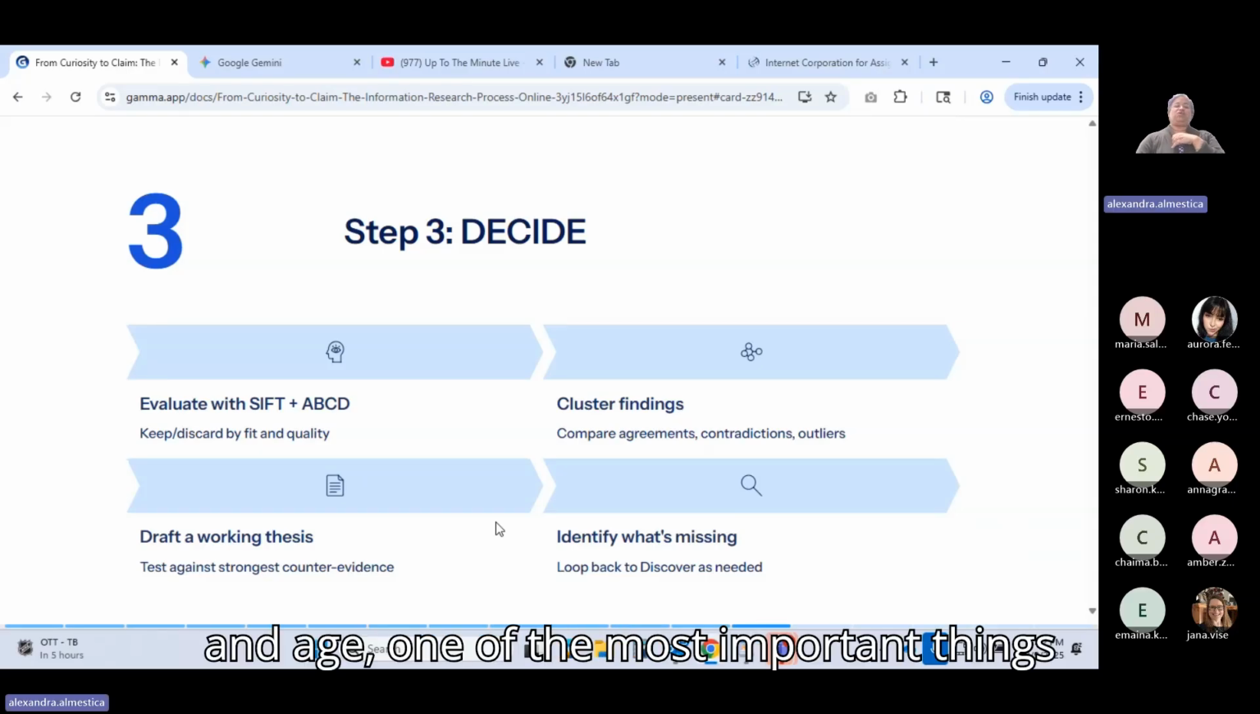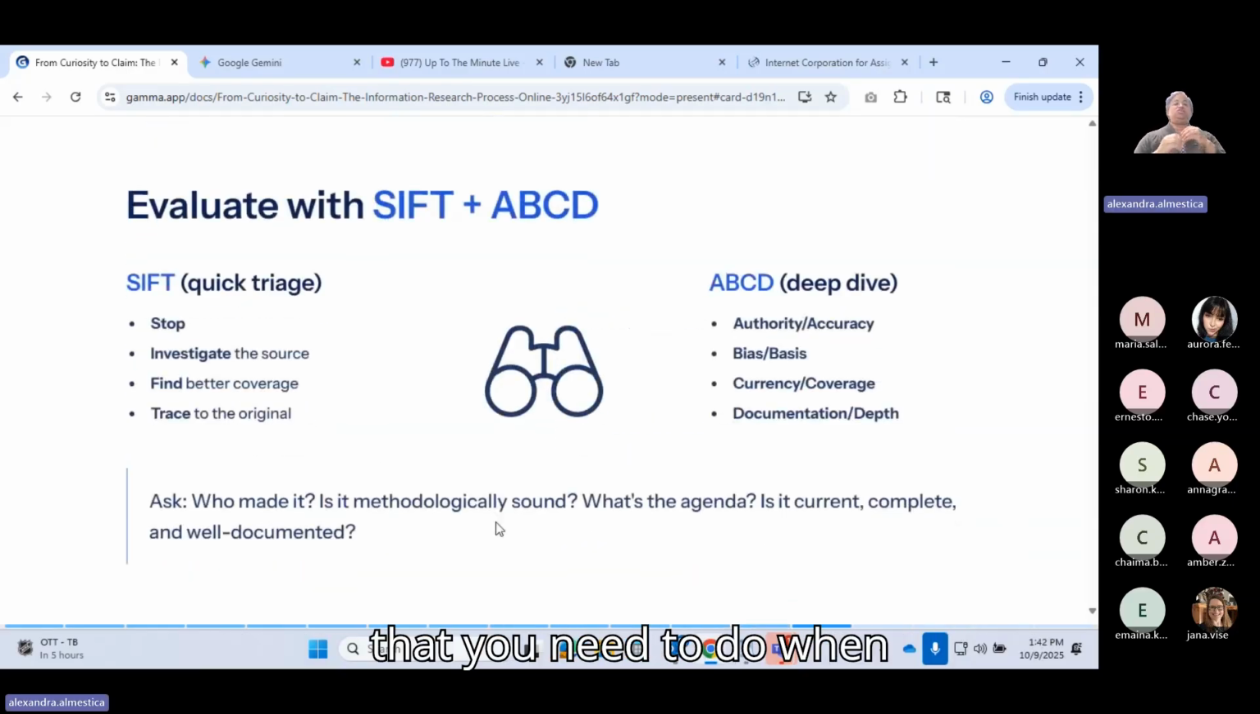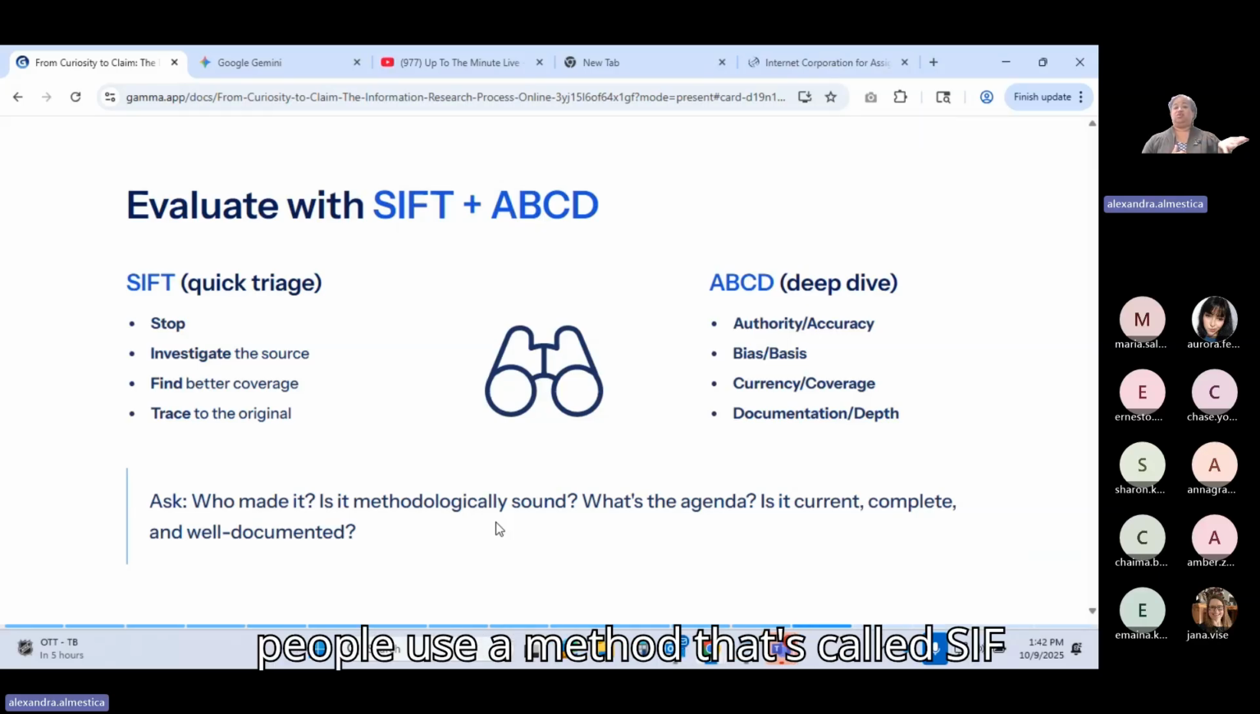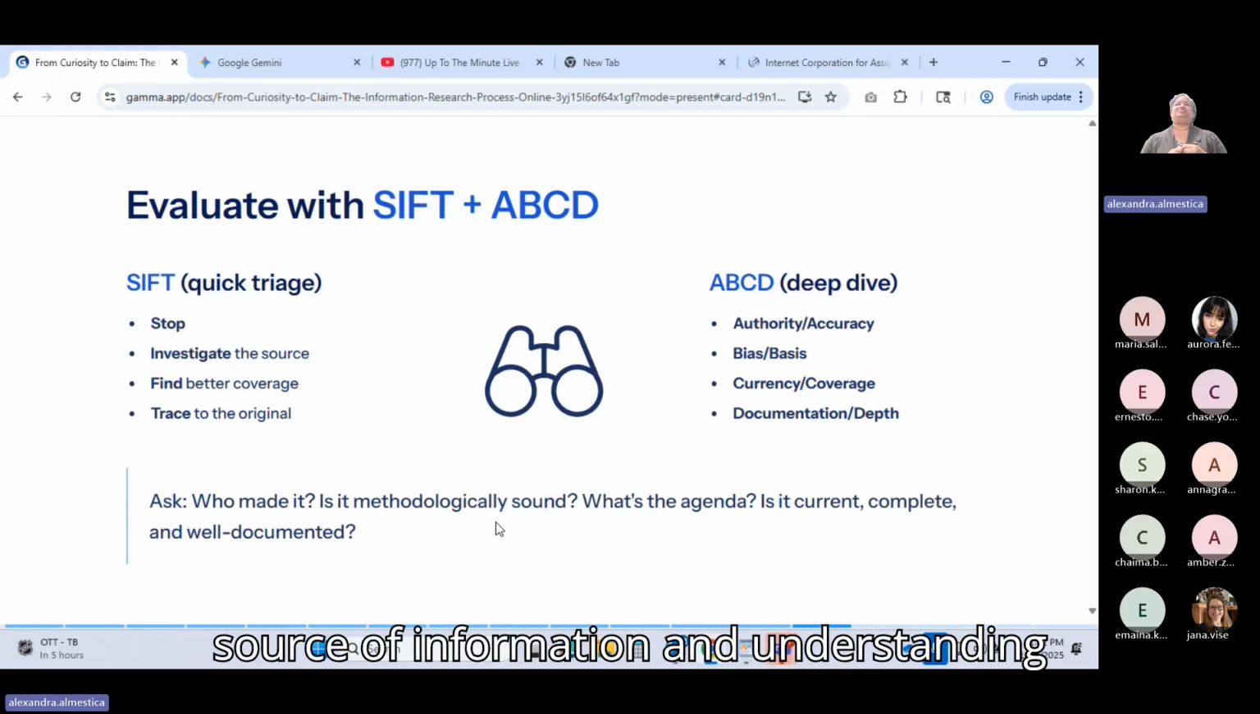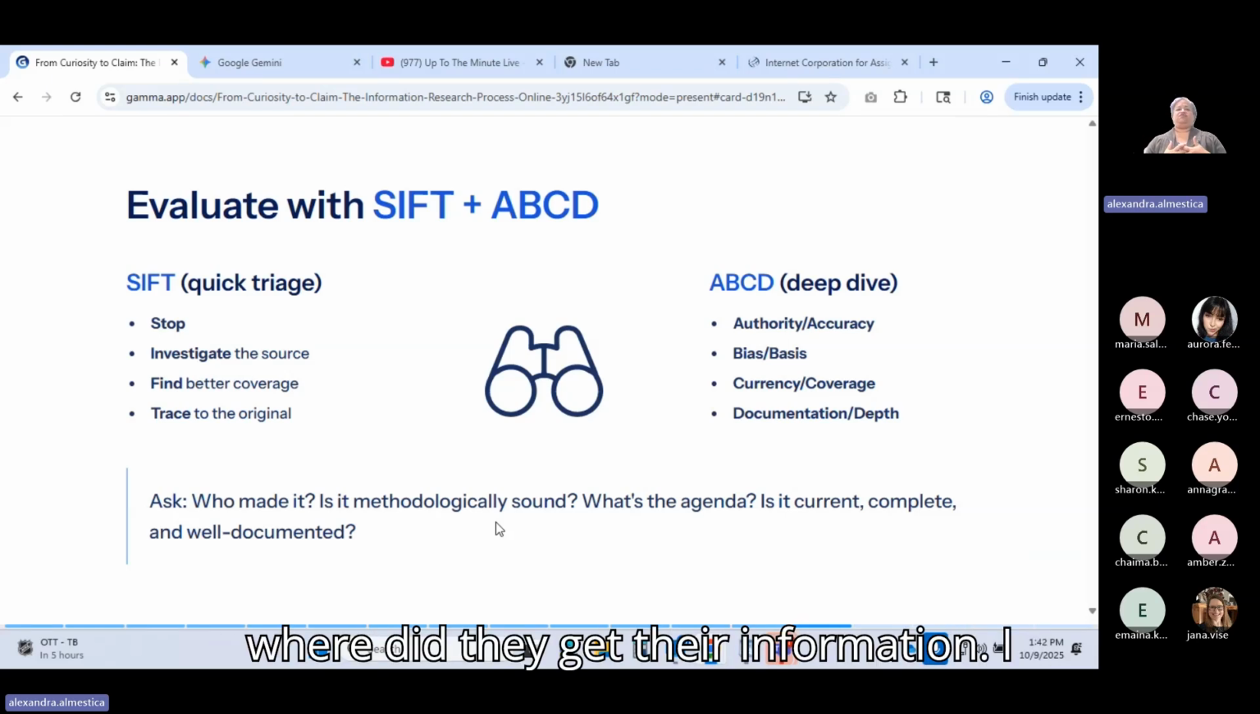In this day and age, one of the most important things that you need to do when dealing with information is evaluate the source. Some people use a method that's called SIFT, on the left side, right? In which you stop, you investigate your source, then you try to find better coverage. And then you also emphasize tracing the original source of information and understanding where they got their information. I also like to talk about the ABCs of information